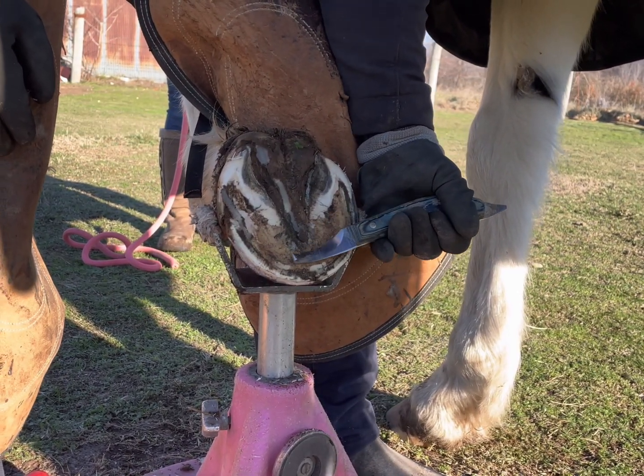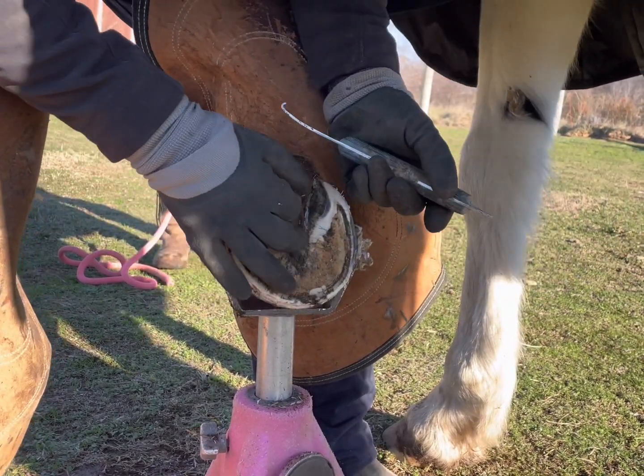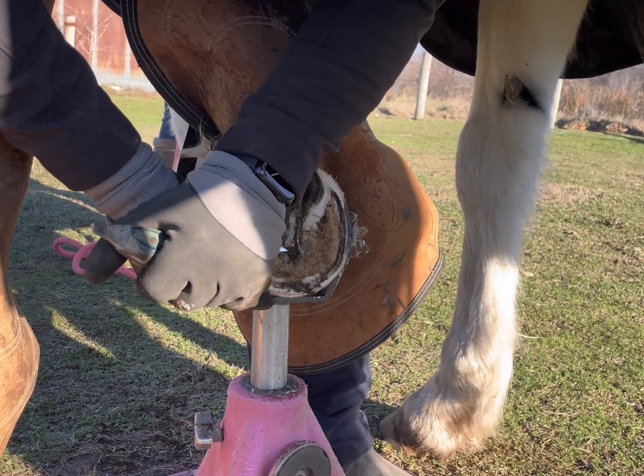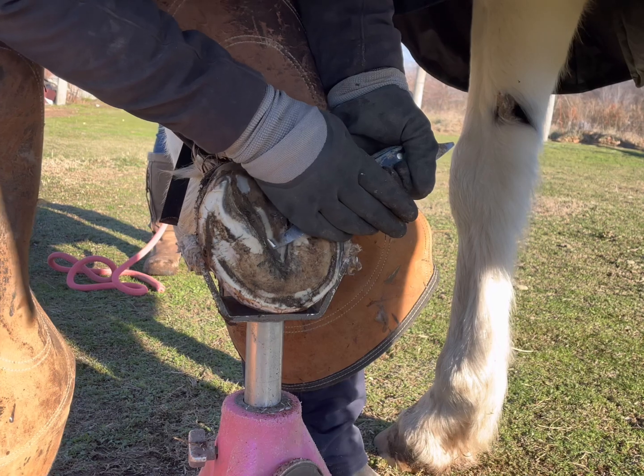See how that frog was not connected? So it's something to investigate. So that's where the true apex of the frog is. Was where we kind of took it back to. Or it was kind of stretched forward like half